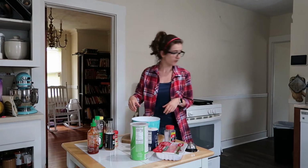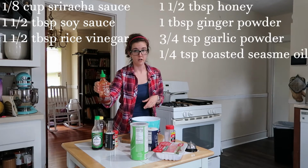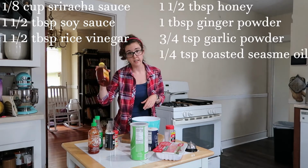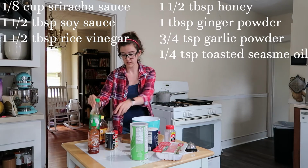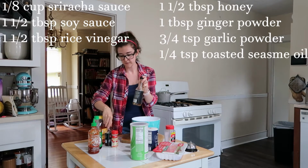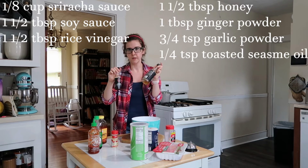And then for our sauce, you're going to want some sriracha, because they're called sriracha, and some honey. So we've got sriracha, honey, soy sauce, rice wine vinegar, and sesame seed oil. And I know that these seem like kind of odd ingredients for me to have,